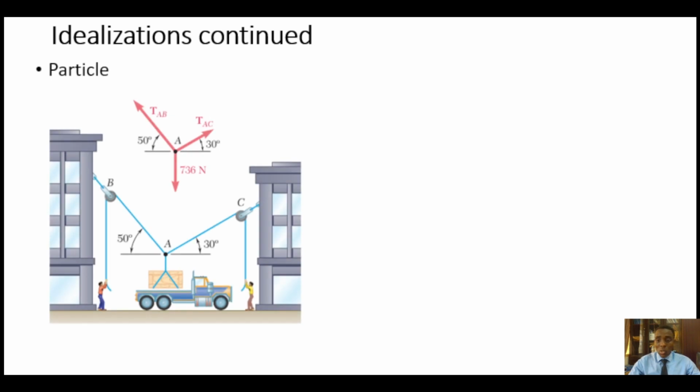Alright, let's look at a particle here. So this is the particle. Everything here is like a force system. I have this gentleman pulling, this gentleman pulling it. But if I assume that everything here is happening at A as it is here, then I'm looking at analysis of a particle. In real life, there will be dimensions here. But over here, I'm assuming that A is just but a point. And so that is the particle analogy here.